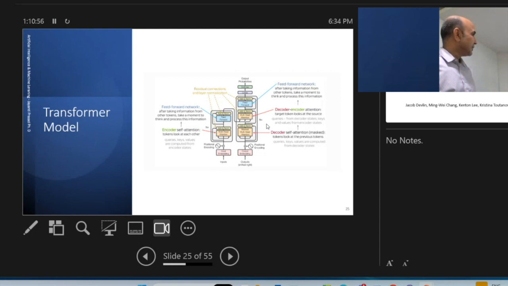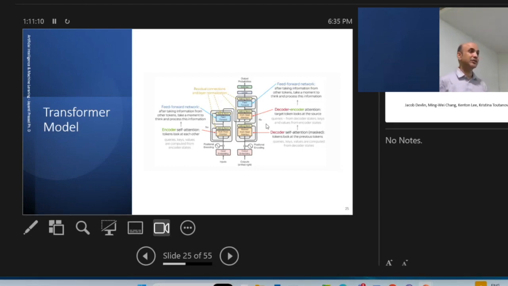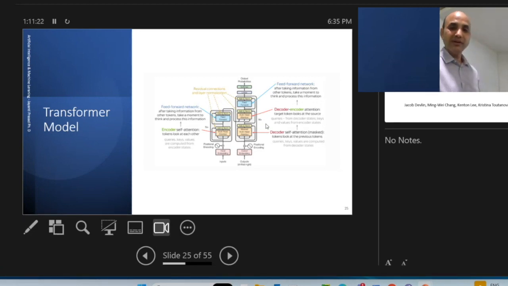So in a very broad way, what is happening here is that at the left, the encoder is creating very rich contextual information, and that information is being fed to the decoder when the output is generated. There are some cases like GPT where we don't have both pieces, we have only one piece, but most things work as usual.